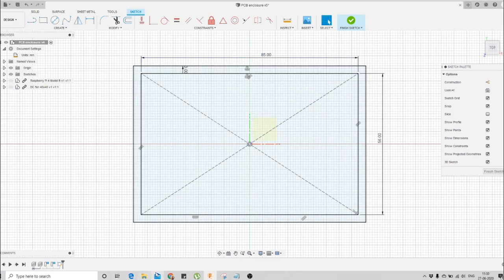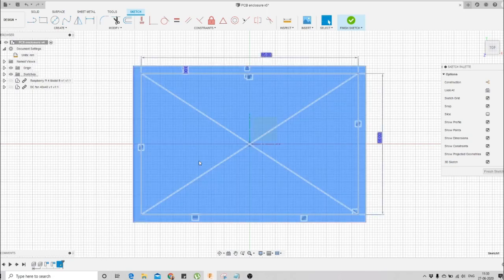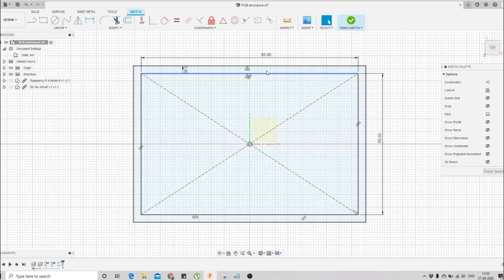So even if you have finished your modeling, you can make changes. Come back to your design history, select the changes or the commands you had executed, and just right click and go to the edit option. You will be able to do it. So why I came back, because I wanted to make this rectangle. I will just double click on this rectangle, so it selects the whole rectangle as it is continuous, and then I will change it to construction. What construction does is, these lines are only used as a reference line, not for the actual 3D modeling. So that's why I made this a construction line.